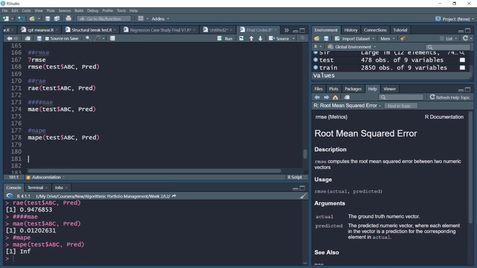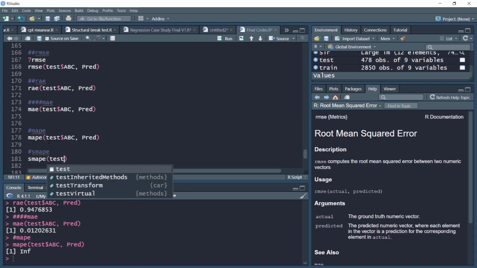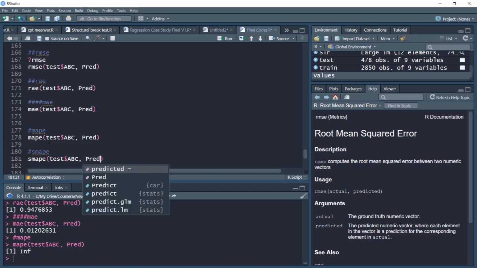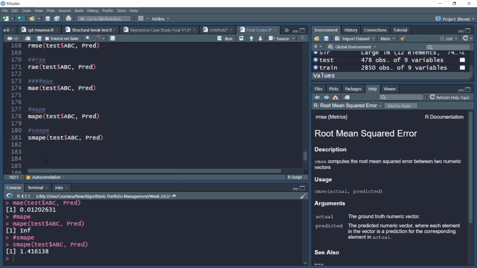Then there are a number of other measures. For example, you have SMAPE. SMAPE computes the symmetric mean absolute percentage error between two vectors. So you can compute SMAPE for the test$ABC data with the predicted data, and you get that number.